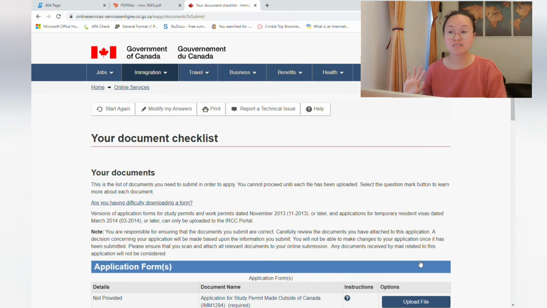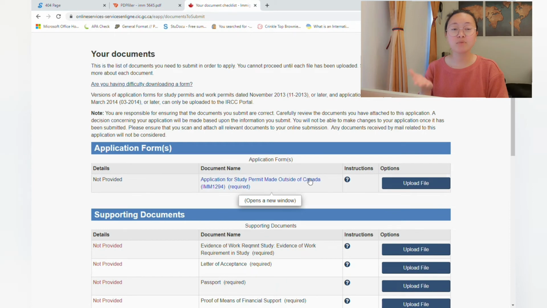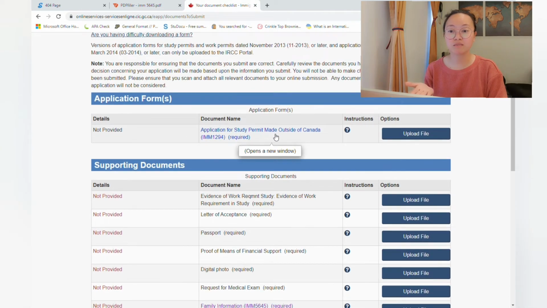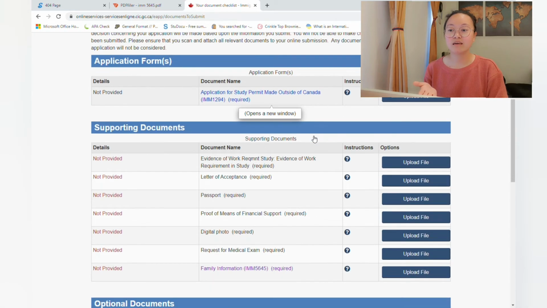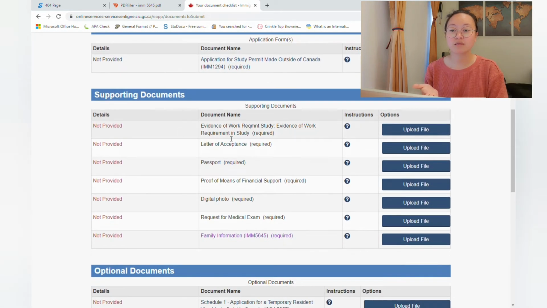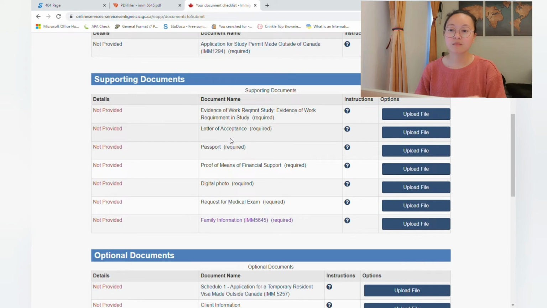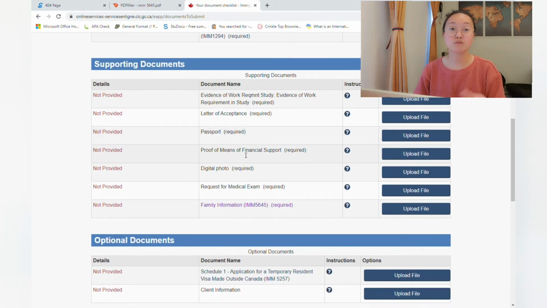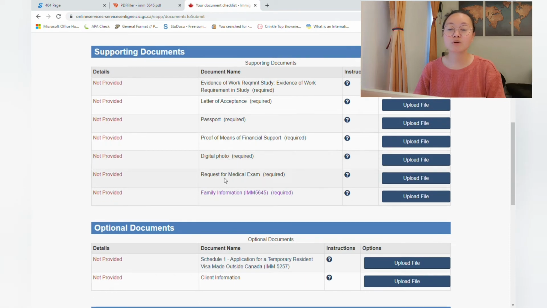Andito na yung document checklist nyo. So, application forms. This is the study permit made outside of Canada. And then supporting documents. We have evidence of work permit or work requirement study. Nasa LOA. Ang sinabmit namin dito is yung letter of acceptance ni Elle na naka-state doon na part ng kanyang curriculum is yung work requirement ng kanyang curriculum. Then letter of acceptance, passport, proof of means or the proof of funds, digital photo, request for medical exam,